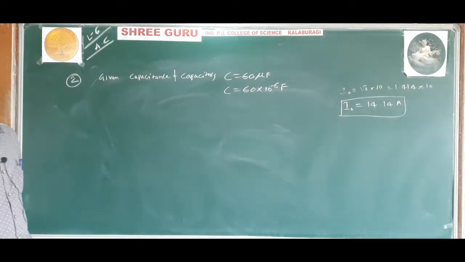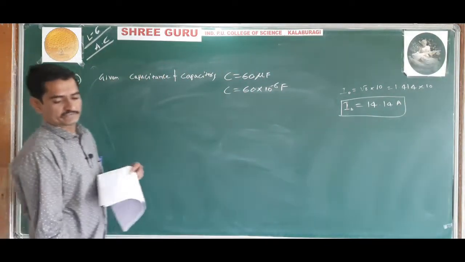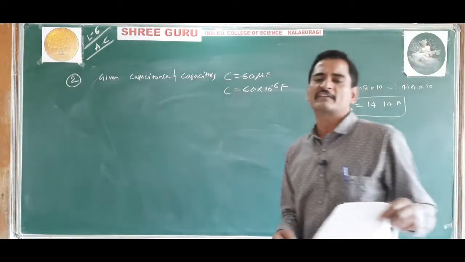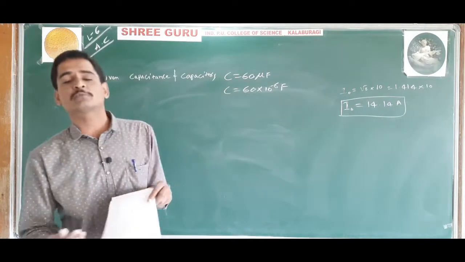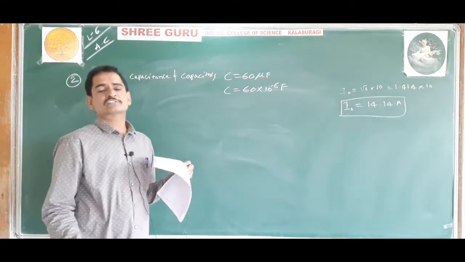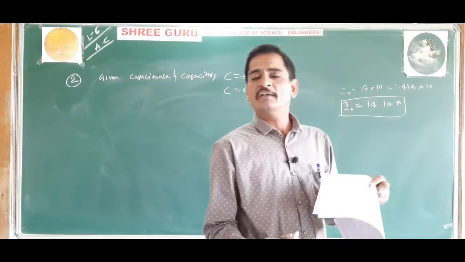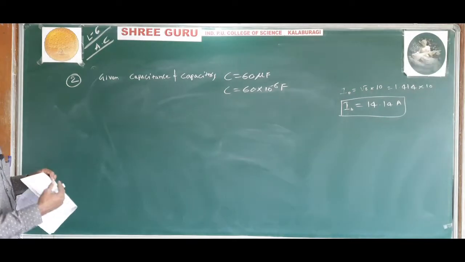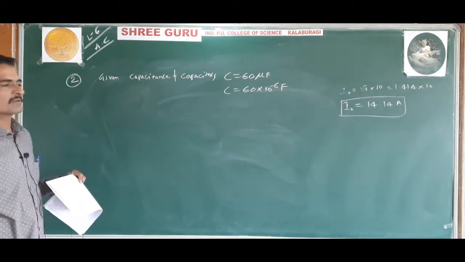So 110 volt. Which voltage is it? They have given it is an AC supply, 110 volt, 60 hertz. Then which voltage will it be? Whether it will be peak value of voltage, average value of voltage, or RMS value of voltage. That is the applied voltage. So the applied voltage will be nothing but the RMS value of voltage.